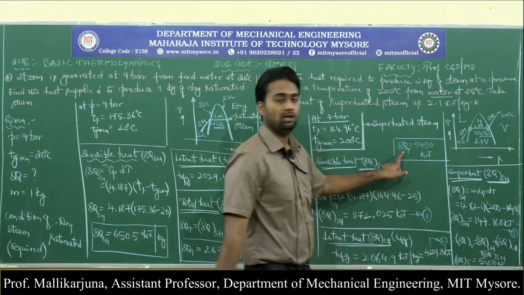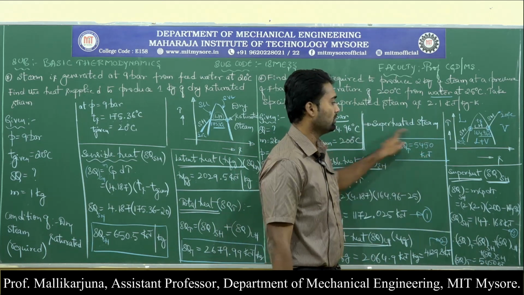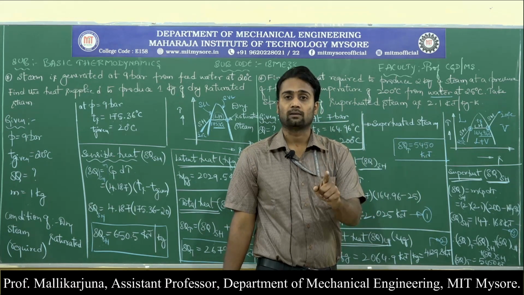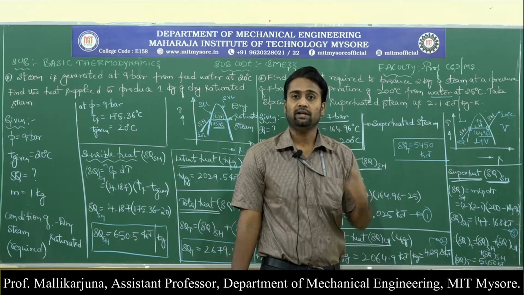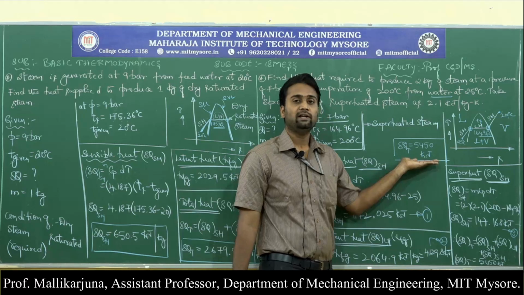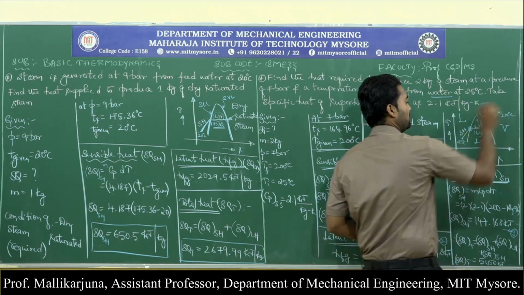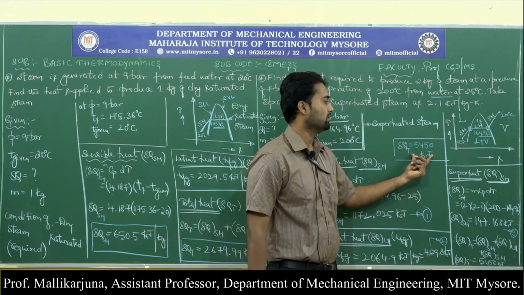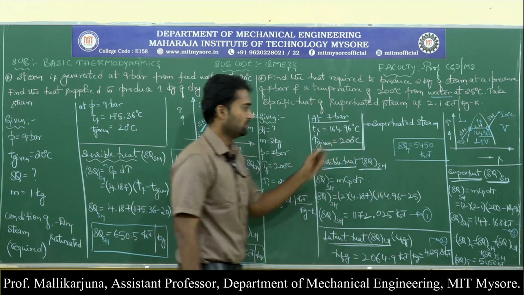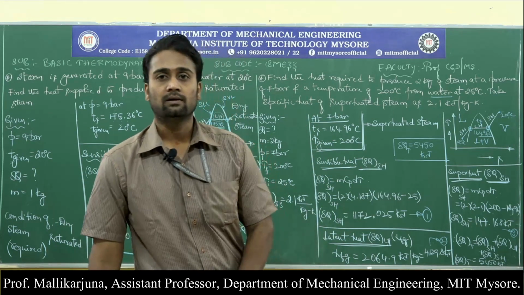So this is the total amount of heat, that is what I have got here. This is the total amount of heat that is required to convert 2 kgs of water, which is at 25 degree centigrade, into 200 degree centigrade. This much amount of heat needs to be substituted. So from here to here, the overall heat that needs to be substituted is 5450 kilojoules. So that is the final answer to us. So now it is very clear.